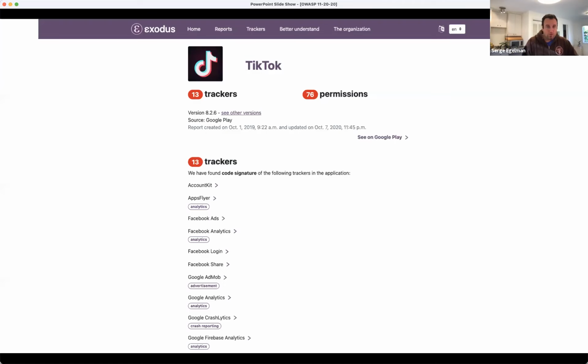So, there are a bunch of open source tools out there that provide some privacy information about mobile apps. I don't mean to pick on Exodus in particular, but it's one of the most popular open source tools for this. It lists things in terms of trackers and permissions, and this is all static analysis. For the permissions, it basically shows you a list of data types that the app might be able to request. But again, the shortcoming is none of this tells you what actually happens at runtime, much less who's receiving that data and what you can do about it.